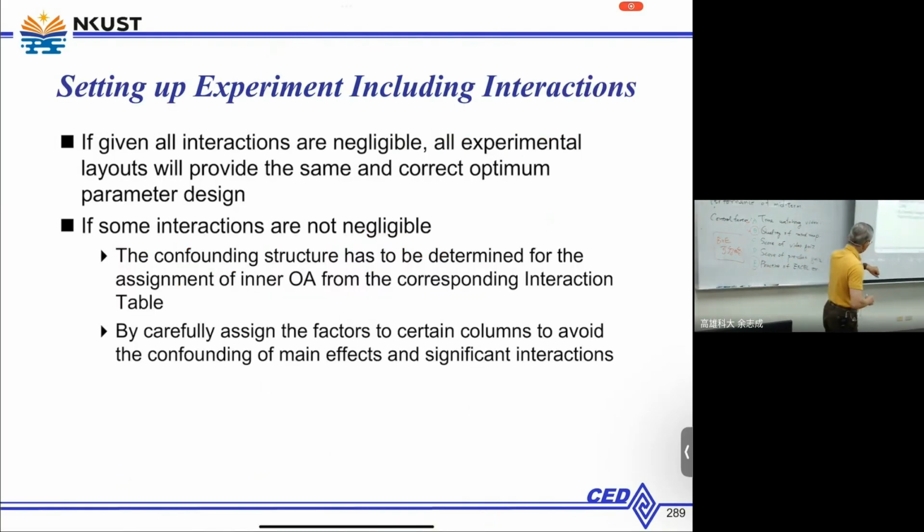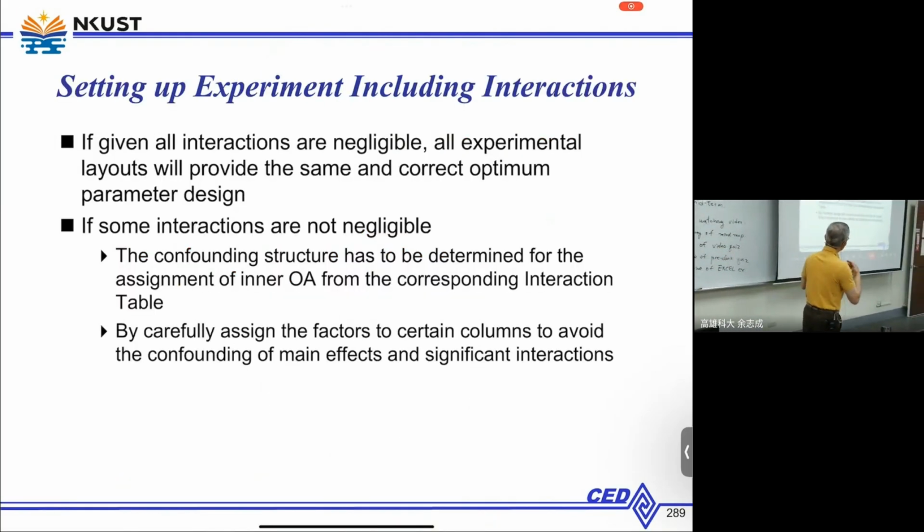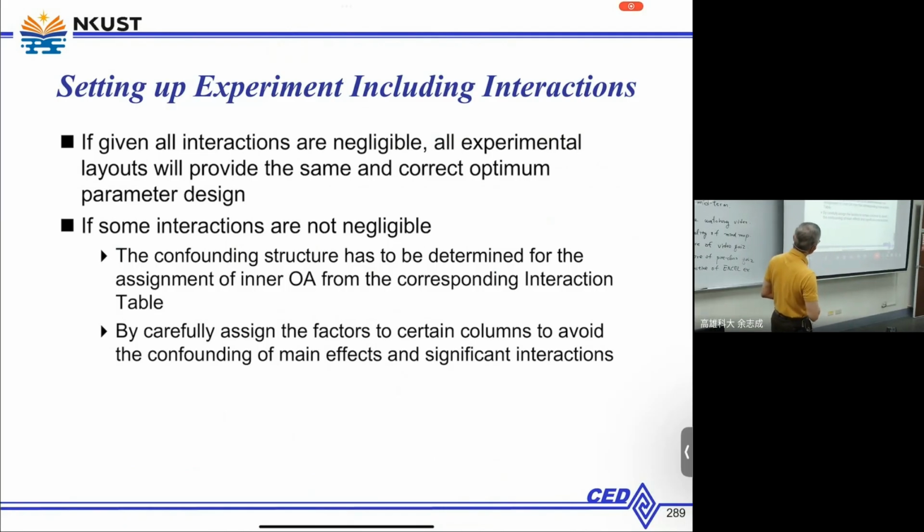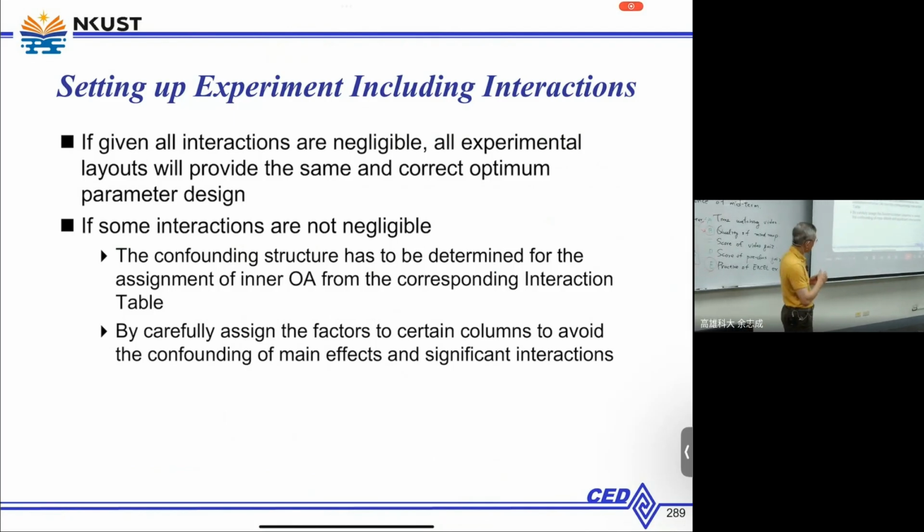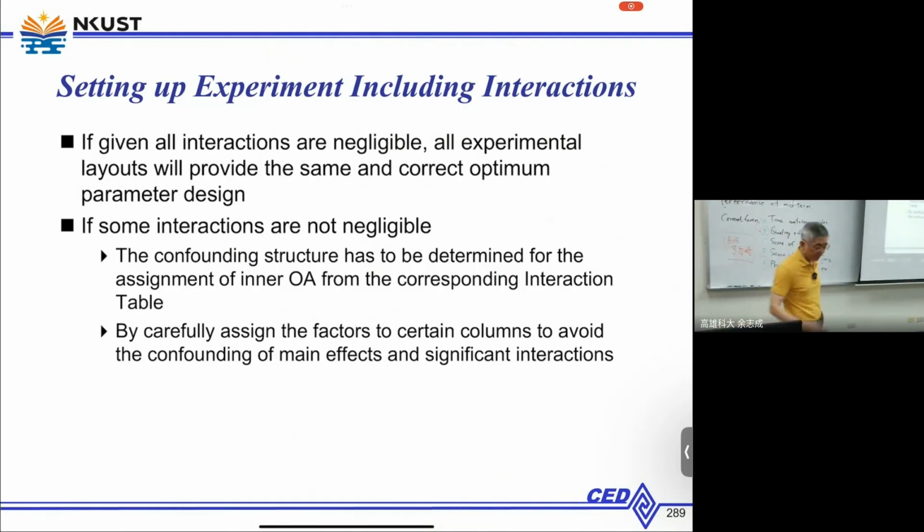So if you want to set up your experiment, including interactions, then you need to find out which interactions can be neglected. And if you already know that some of the interactions are very important, cannot be neglected,